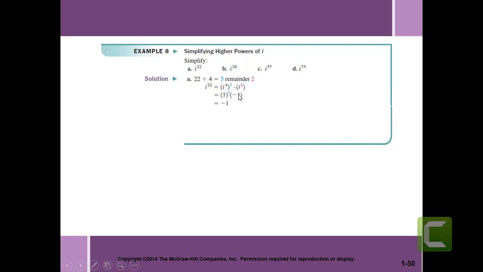This is going to be negative 1. So of course this is going to end up being negative 1 like we said. And then furthermore, we have this one. So we're going to do the same thing. 28 divided by 4 is 7 with a remainder of 0, which means we're going to have a remainder of 1. And so again, just like with C and D, it's all about